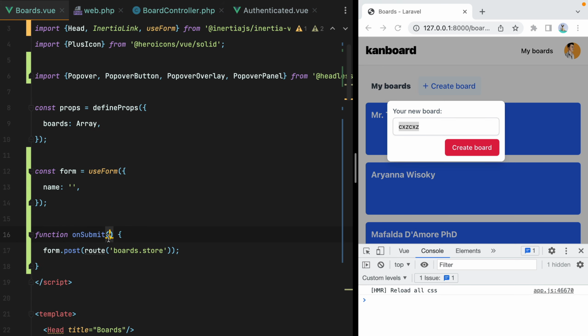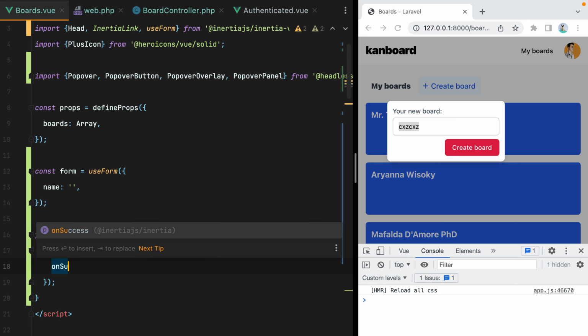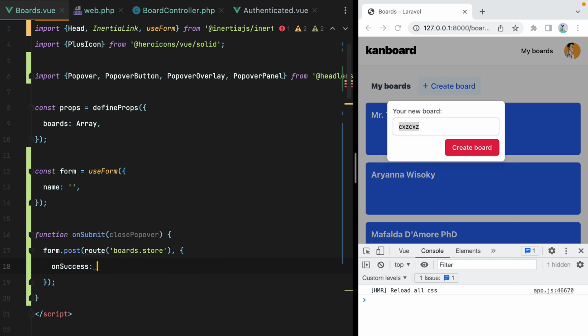We'll go here and we'll accept it. And then when the form is successful, so on success, we'll call the close popover function. Let's try it out. Refresh, create a new board,